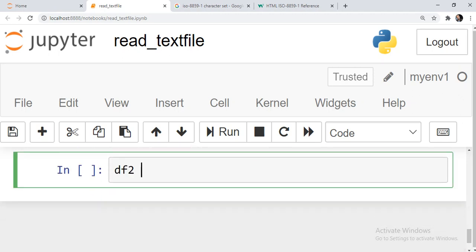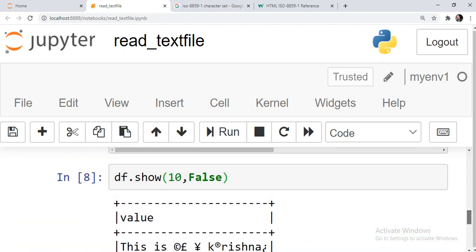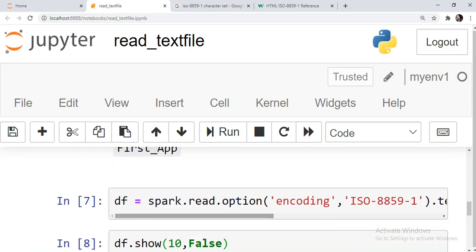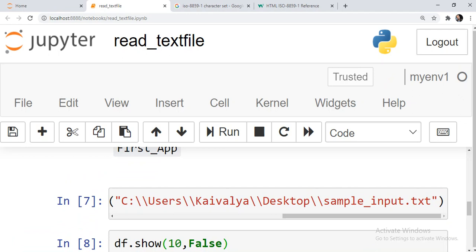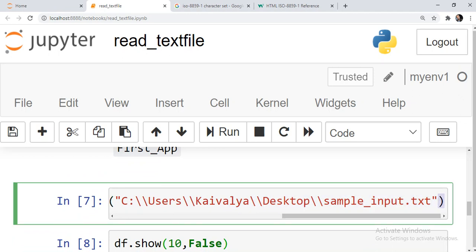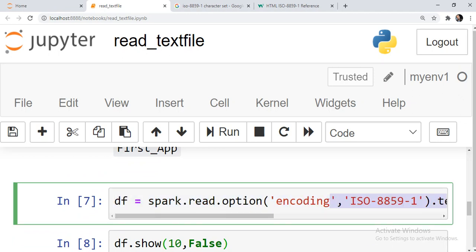I will create a second data frame, spark.read.format CSV, and usually we do load. I want to read the same file. I will copy it. Let's see.